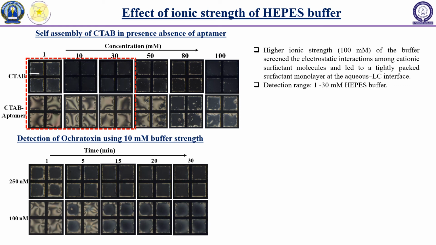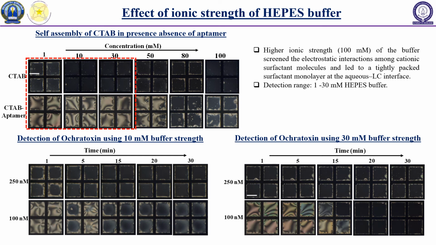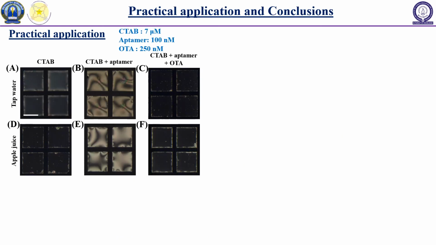We detected the ochratoxin at 10 millimolar buffer strength at concentrations of 250 nanomolar and 100 nanomolar. Similarly, at 30 millimolar buffer strength, we used ochratoxin concentrations of 250 nanomolar and 100 nanomolar, and we observed the homeotropic orientation after 30 minutes. After this experiment, it was observed that with increasing ionic strength of the buffer, the response time of the LC-APTA sensor also increased. The high sensitivity of the LC-APTA sensor motivated us to investigate its practical application